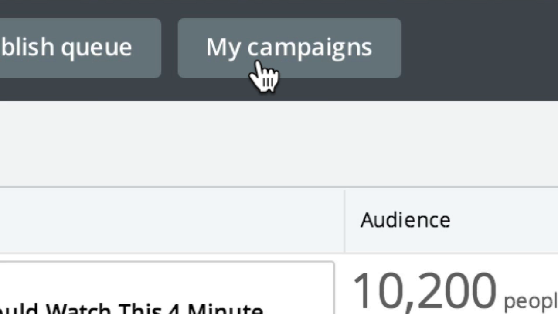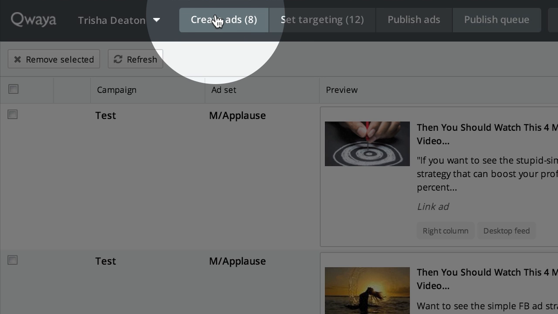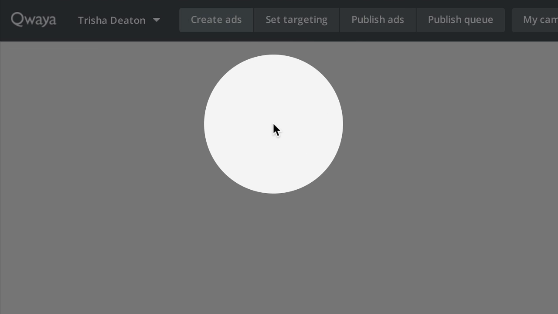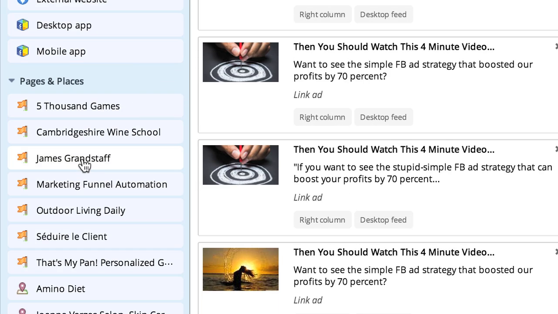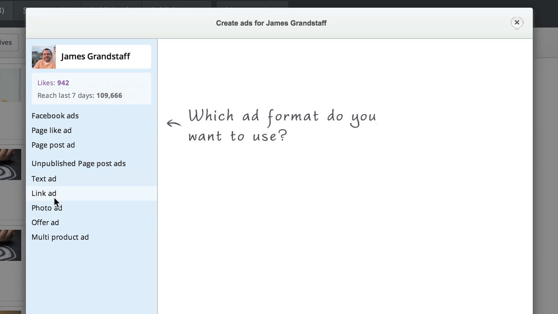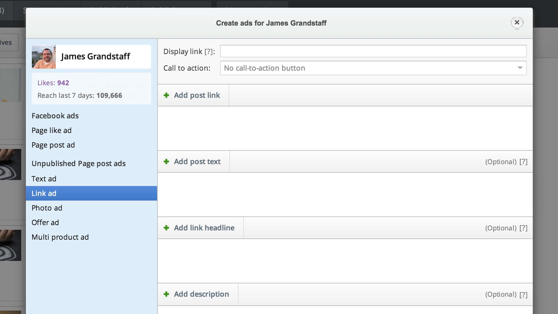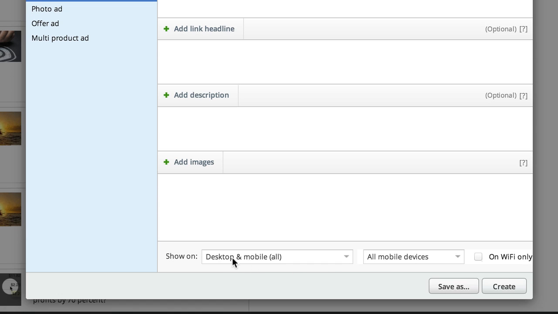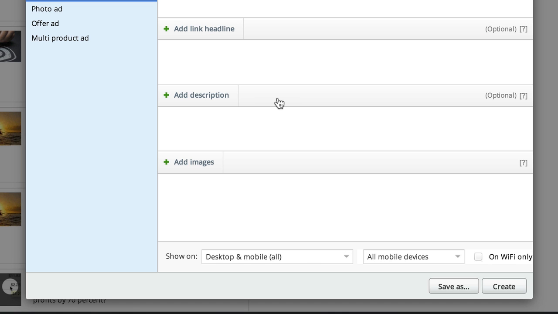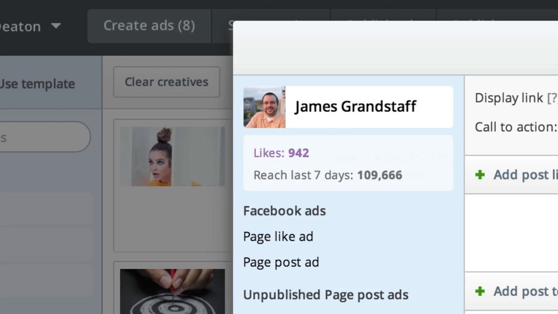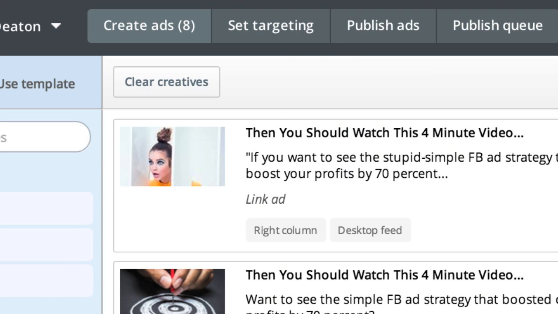Anyway, I know we went through this fast, so I'll do a quick recap here. First thing you do when you get into Qwaya is you pick your page here and then choose link ad, fill all of this out, and then click save as, and you'll save it as a template. So you can always come right back to that, add a new image, change the headlines, things like that. Once you hit create, then you come over here to set targeting,